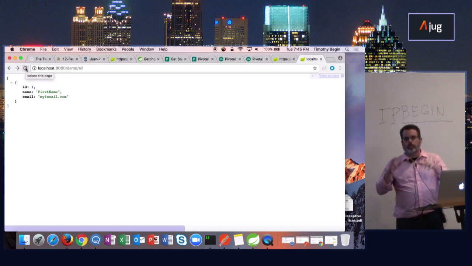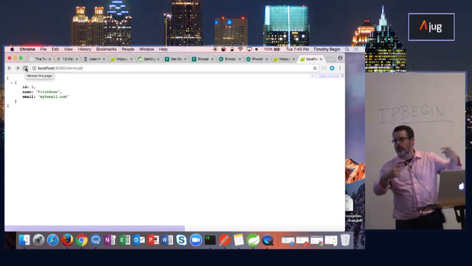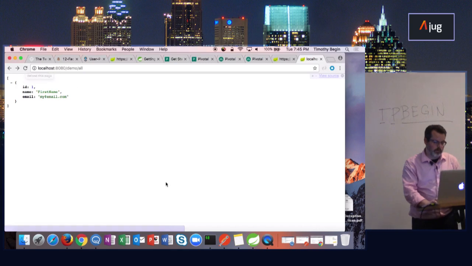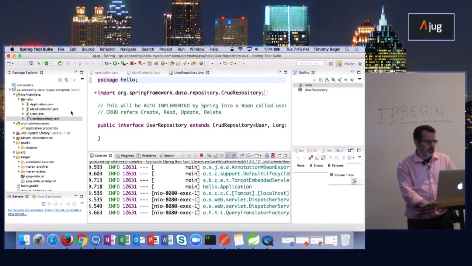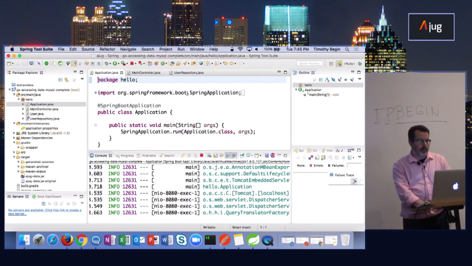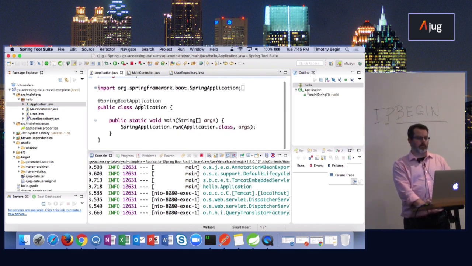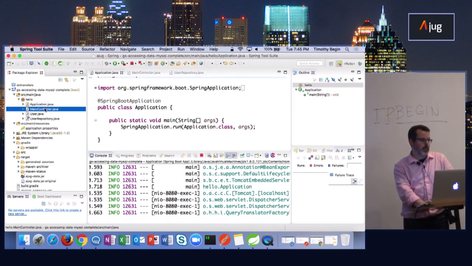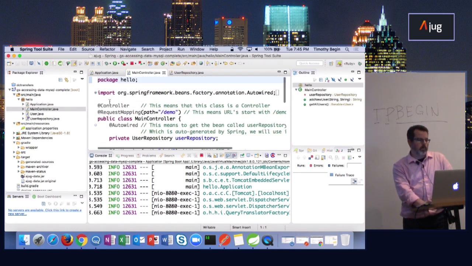All right. So now let's go back through the application of what I just did. This Spring application just annotates itself as a Spring Boot application, which tells it, hey, we're going to run this, and you're going to have Spring Boot take care of bringing in all the other pieces and parts that you need as you start up. The main controller, we're annotating as a controller and giving the request mapping.